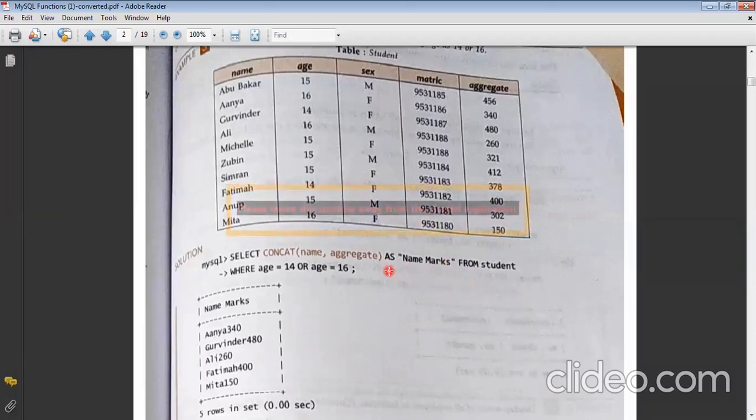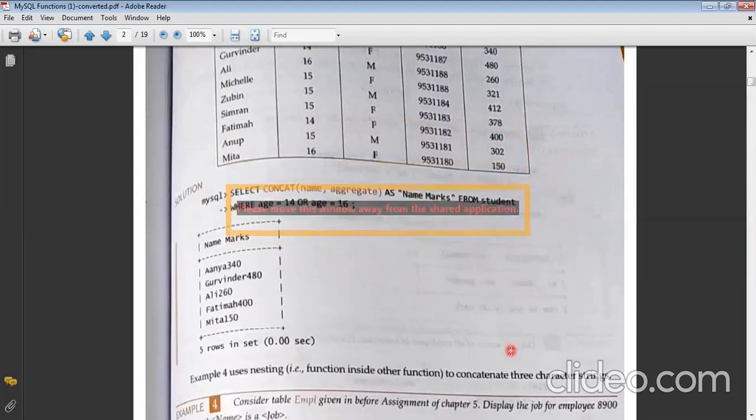So AS is just renaming your column. Whatever output comes from this, just rename that column as name marks and then show me the output. So this is the way you can write it. In fact, if you do not use this AS, then also that will work. You can try it out on the editor. So this is how your concat function will work.